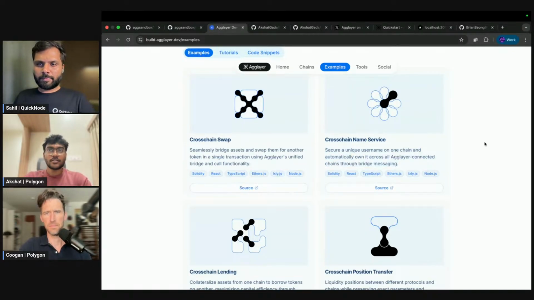If you use ENS today, you can register your name on a single chain. Maybe ENS recently came up with multi-chain names, but what you have to do there is switch networks and then register your name again. With Agglayer bridge and call, or Agglayer bridge message specifically, because here we are just calling a contract, what we can do is in one single transaction, register your name on one chain and then bridge the details of the name to the other chain, and then that will mint or register the name on that chain as well. So in one single transaction,